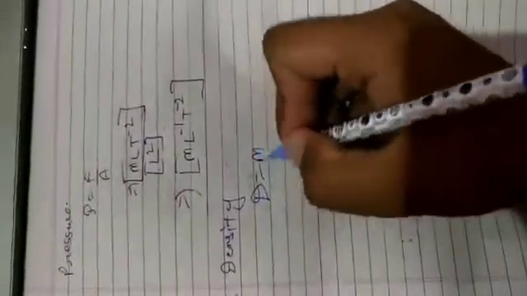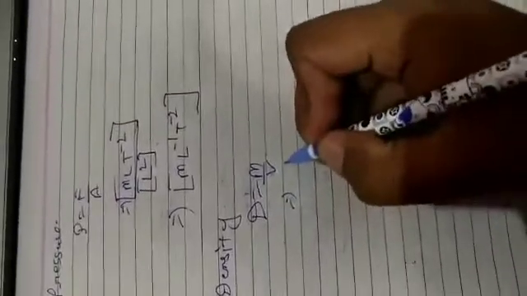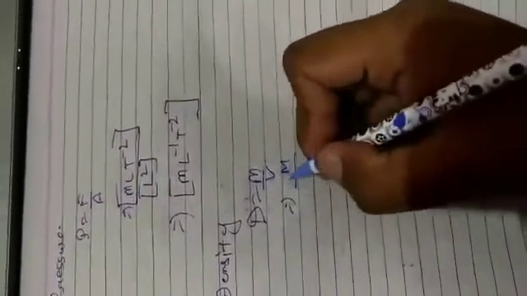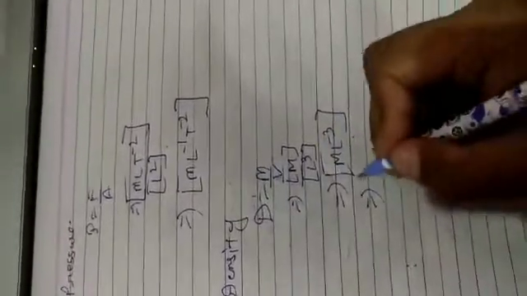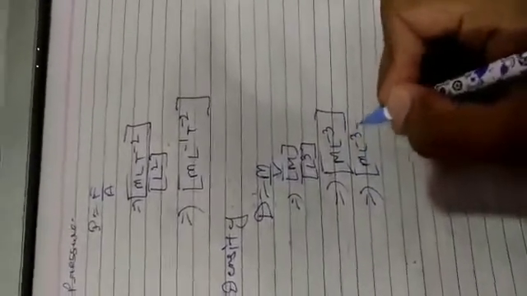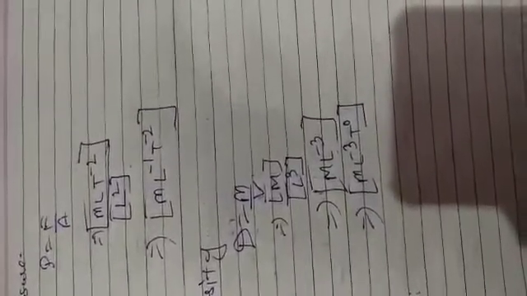12th is density. D is equal to mass upon volume. Now mass dimensional formula we have M, and volume also we have L cube. Transferring it, it will be M L^-3. If you want to write it in MLT form, it is M L^-3 T^0. Okay, so this is density.